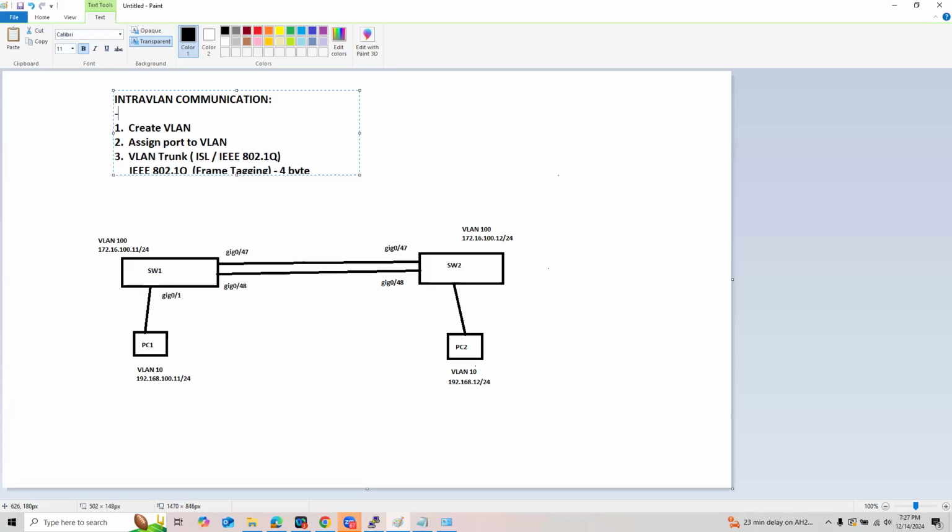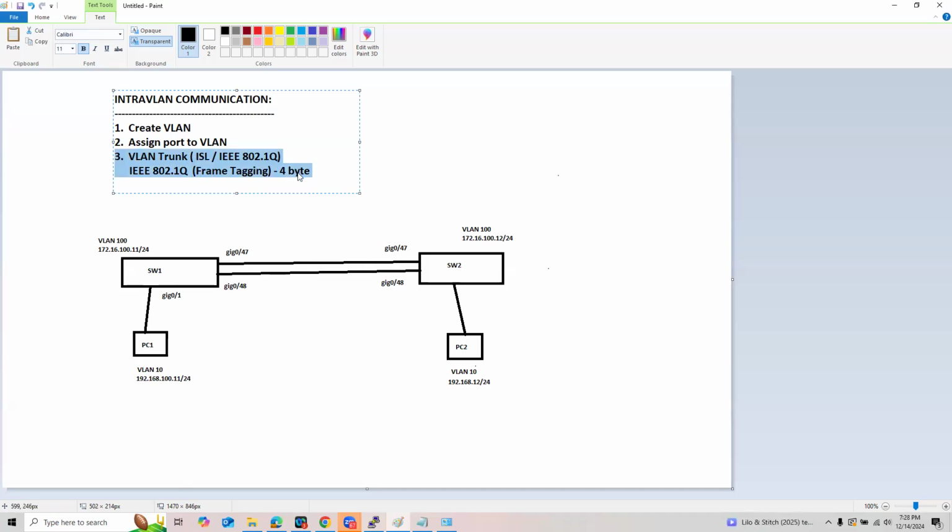So this is the basic requirement: communication within the VLAN, VLAN 10 to VLAN 10, VLAN 20 to VLAN 20, VLAN 100 to VLAN 100. To fix that, make sure that the ports connecting the switches are trunks.